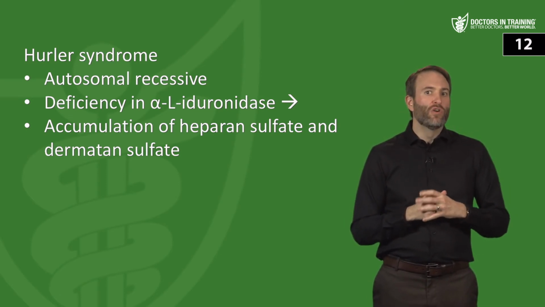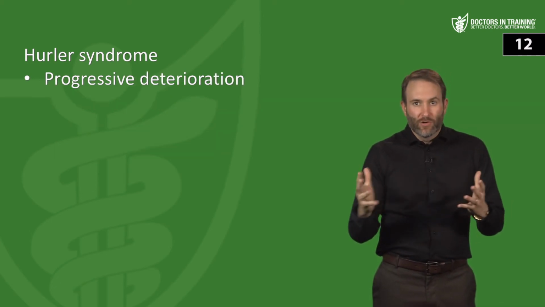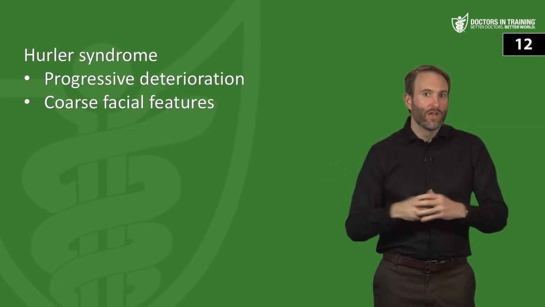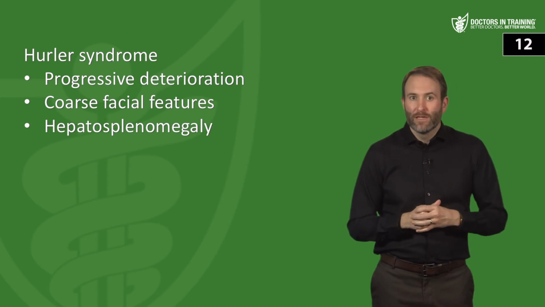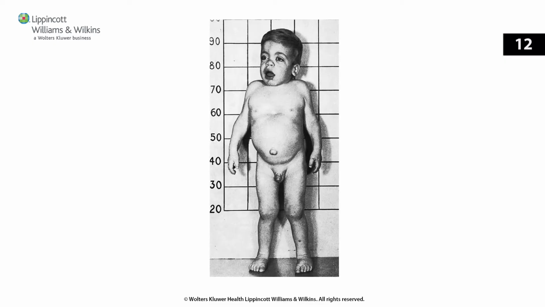Now, these patients are normal at birth, but like many of the other diseases, we see progressive deterioration. Coarse facial features is another one, hepatosplenomegaly, and intellectual disability starting at about 6 months of age. These patients do not grow very well, which leads to something that resembles dwarfism. Because of the coarse facial features and the other characteristics, this is sometimes referred to as gargoylism, which is